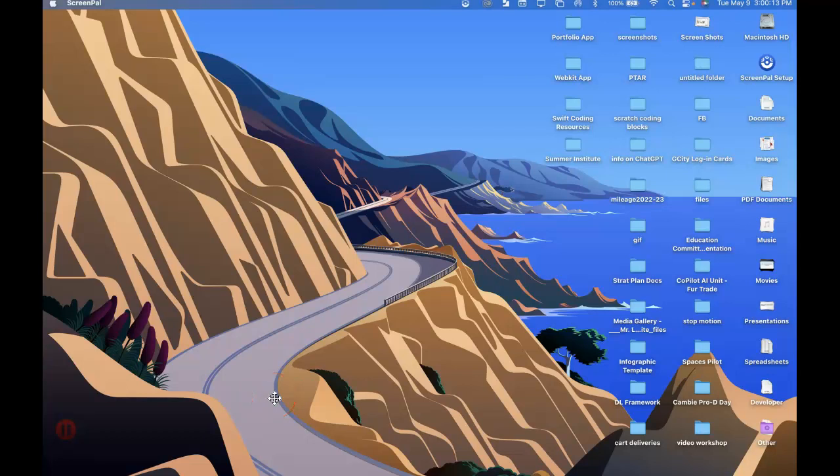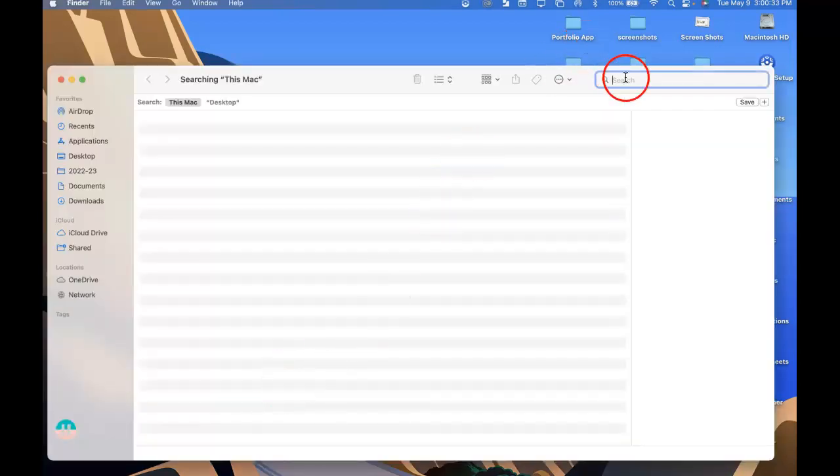In this screencast, I'm going to show you how we can search our laptop for files that are large in size. And sometimes you need to delete some videos that maybe you don't need anymore to free up some memory on your computer. I'm going to open up a Finder window, Option Command Space, and in this window, instead of